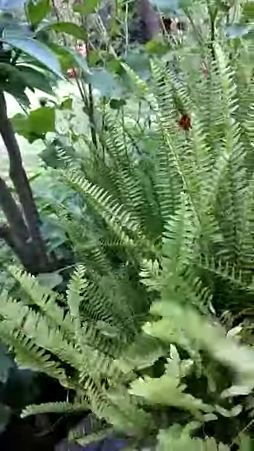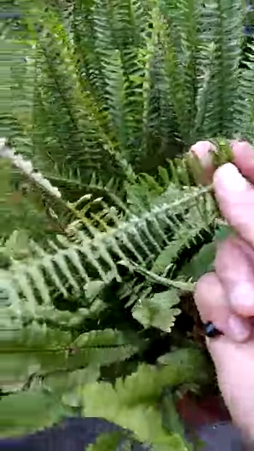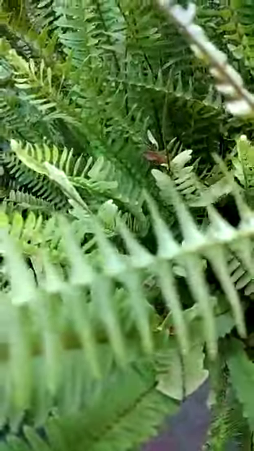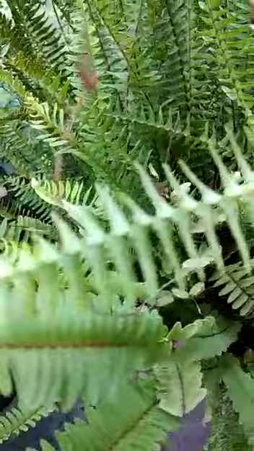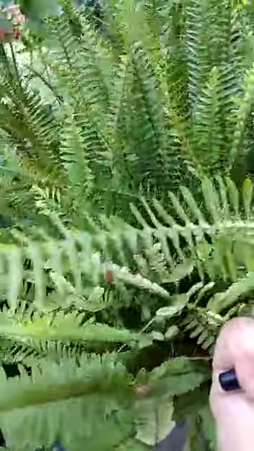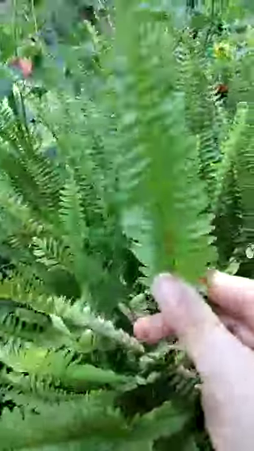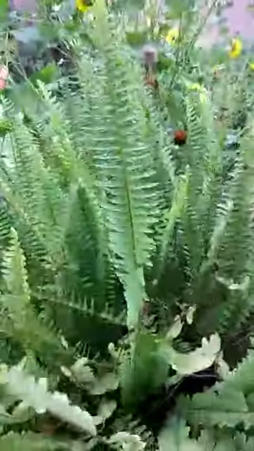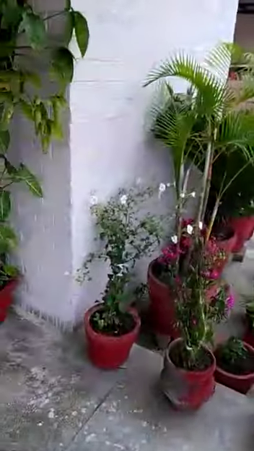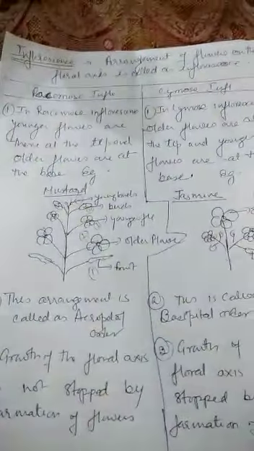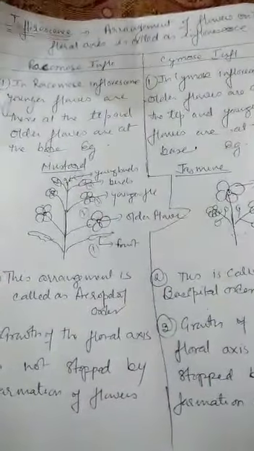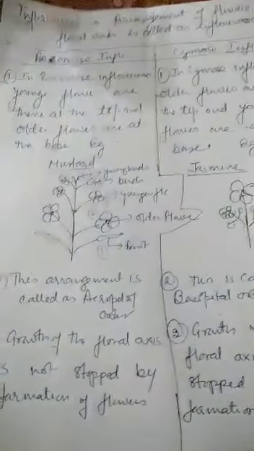So look at here. This is the fern plant and these are its sporangia at the back. The granular beaded structure you can see. So these are sporangia, and this plant is now in the reproductive stage. It is a pteridophyte. Okay, so this way I can explain you the various, but today we are discussing the inflorescence. So inflorescence I have shown you these two types. Now we will be discussing the definition related to